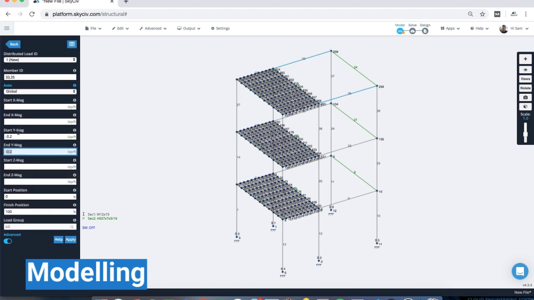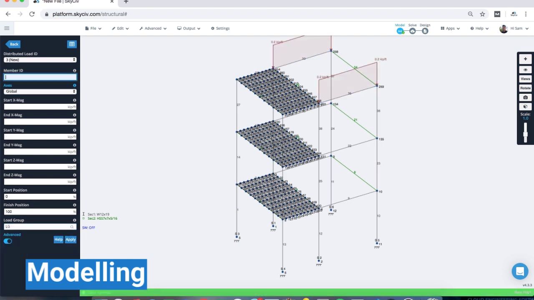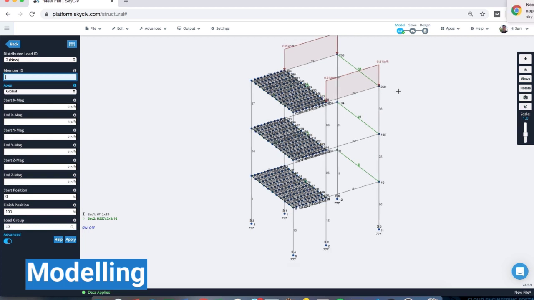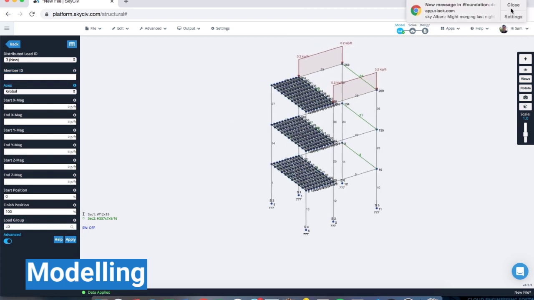And then I'm just going to enter in my Y magnitude, and I'll give this load group a name. So I'm just going to call this live loads. Now I can call this whatever I wish, but it's just going to help me identify and apply my load combinations a little later. So